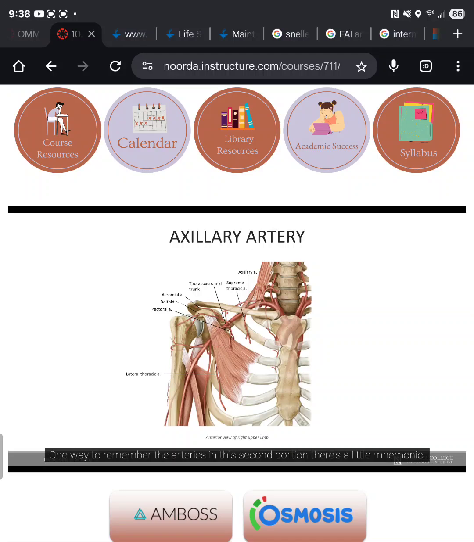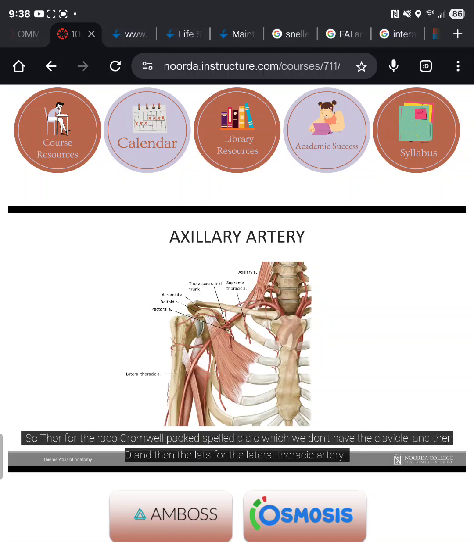One way to remember the arteries in the second portion, there's a little mnemonic: Thor has packed lats. Thor for thoracoacromial, packed spelled P-A-C, which we don't have the clavicular, and then D, and then lats for lateral thoracic artery. And then moving to the third portion of the axillary artery, we have the subscapular artery because